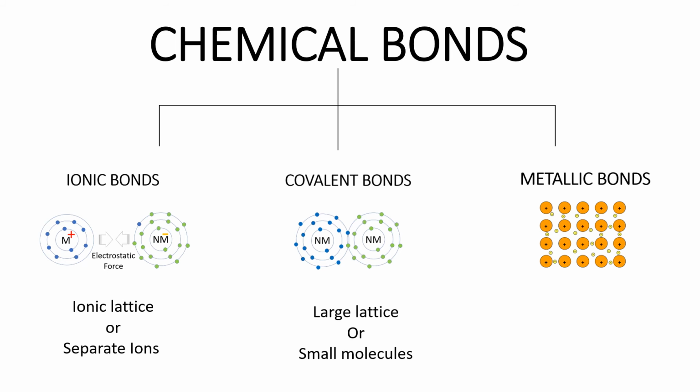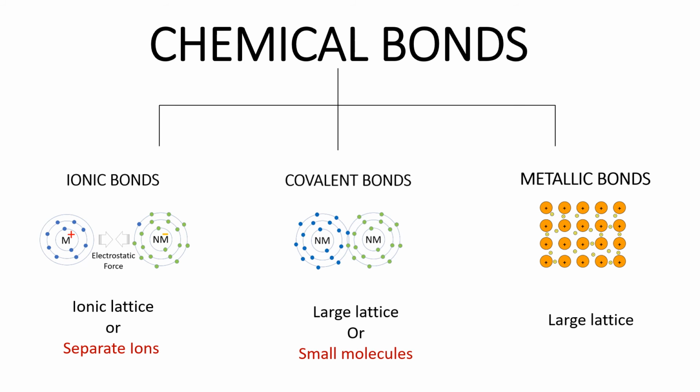However, most covalent bonds form in gases, and they have very small molecules. That means they are formed between two, three or a very small number of atoms. Therefore, those molecules are very small and exist separately. However, metallic bonds always form a large lattice. That means they are huge particles. Therefore, they appear in the macro scale world.